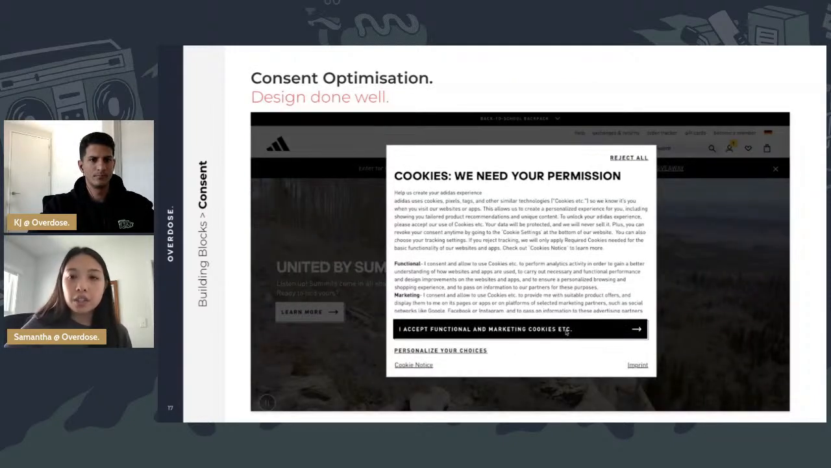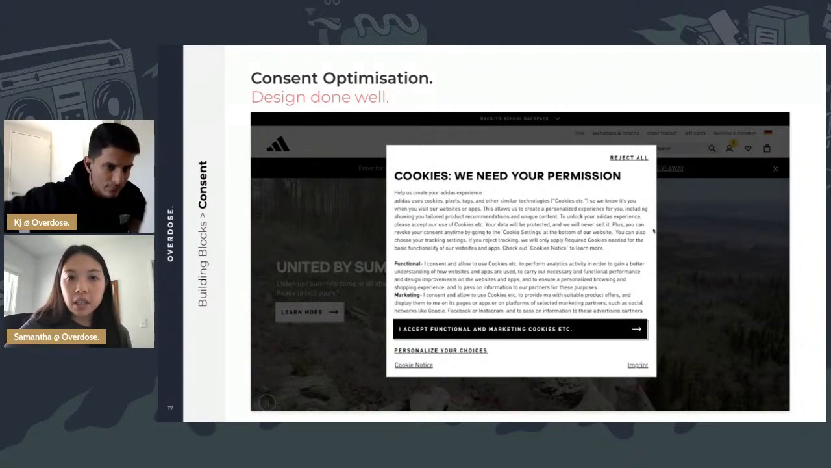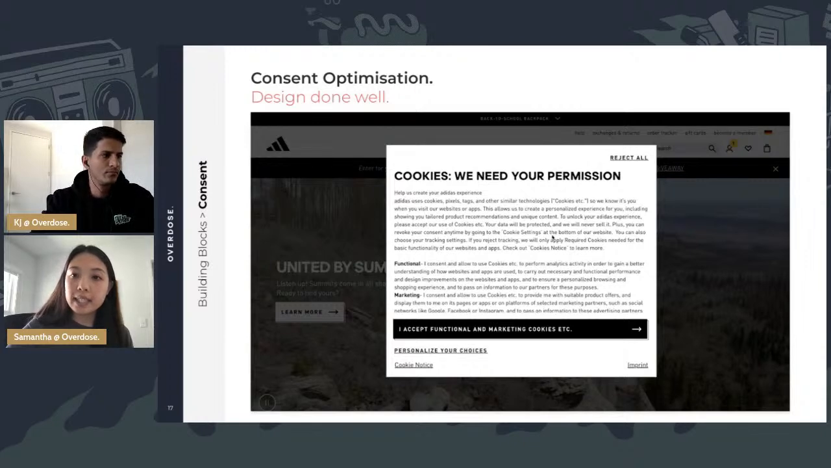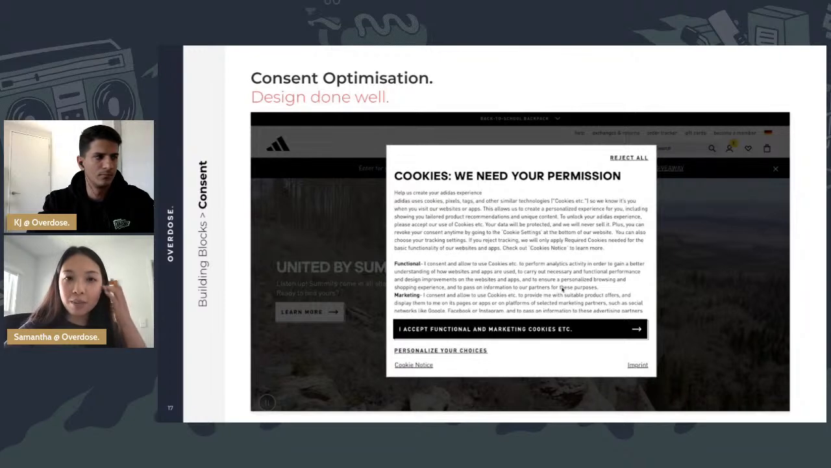So going into an example of consent optimization done well, I've got an example here from the Adidas website. This shows how we can encourage users to give us their consent. Firstly, it explains what each cookie type is used for so that it's clear to a user what is being done with their data. It's not just some mysterious black box being sent out. We don't know what's being done with it. They've actually explained exactly what is being done with a marketing cookie, what is being done with an analytics cookie,